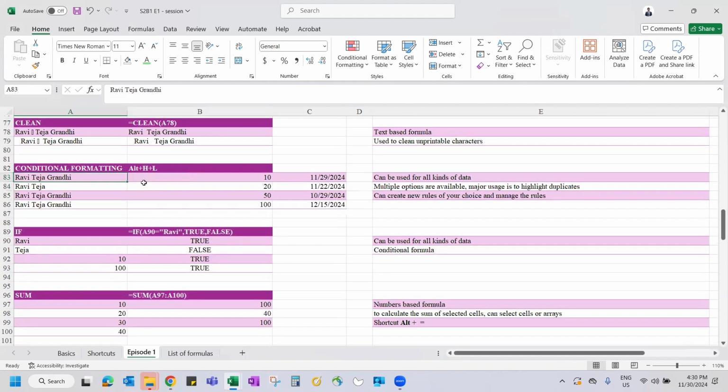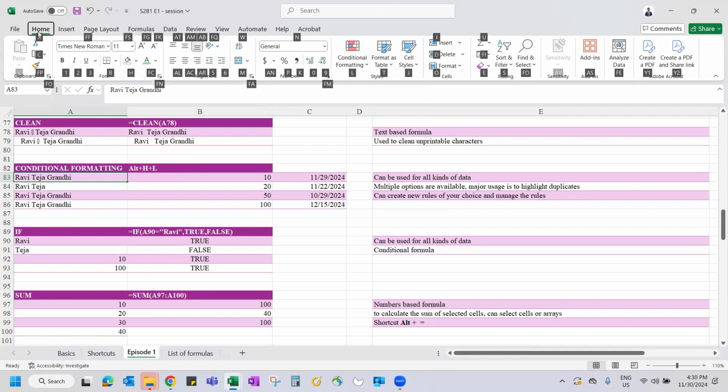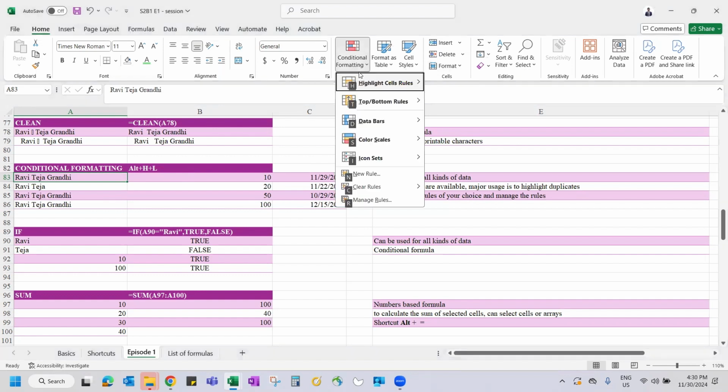And next we have conditional formatting. What does conditional formatting do? It's not just one thing it can do, it is multiple things. It can be used for text, numbers, dates, anything. Here you can see it on the home screen, conditional formatting. The shortcut is Alt H L. The moment I click Alt H L,